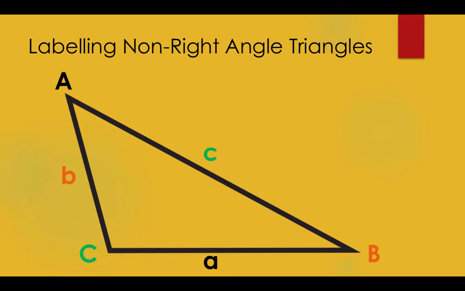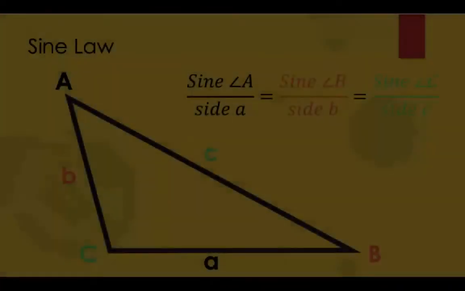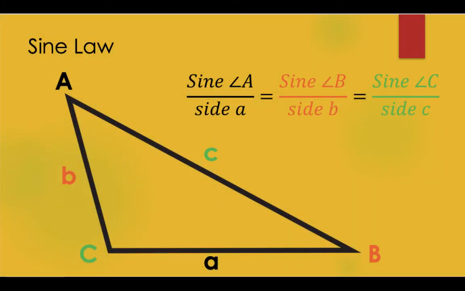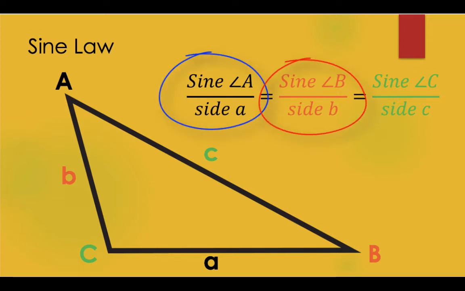Now that the triangle is labeled, we can solve for the missing side lengths or angles by using the sine law. The sine law states that the ratio of sine A divided by the side length a equals the ratio of any other pair of angle and its corresponding side. So sine A divided by side a equals sine B divided by side b, which equals sine C divided by